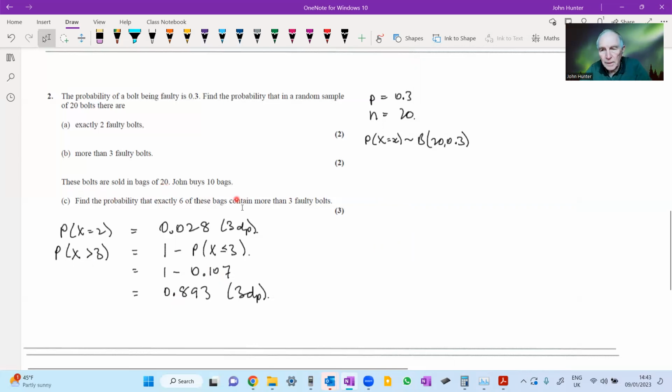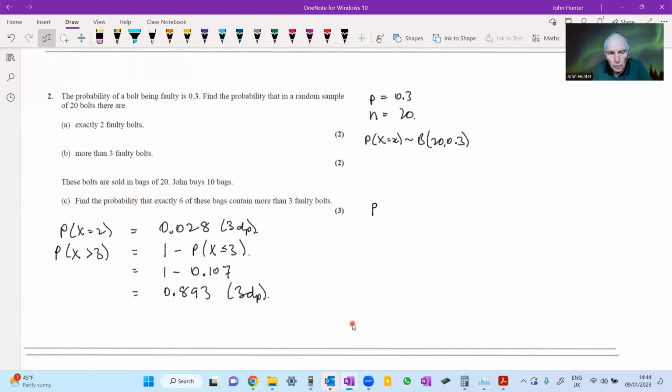Part C, and this is a common thing in these questions, so I'll just flag it up. Now we've kind of changed the goalposts a little bit. Bolts are sold in bags of 20. John buys 10 bags. Find the probability that exactly 6 of these bags contain more than 3 faulty bolts. So we've changed the problem slightly. Now the probability of one of the bags